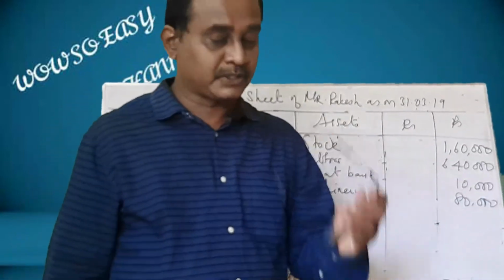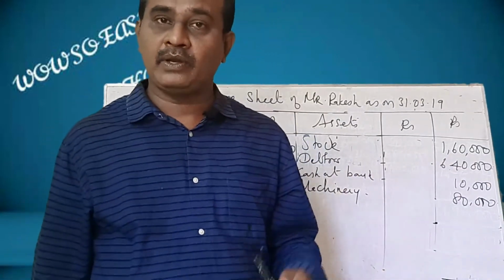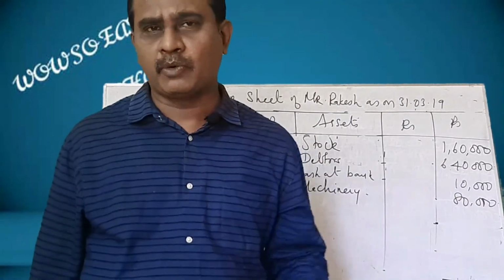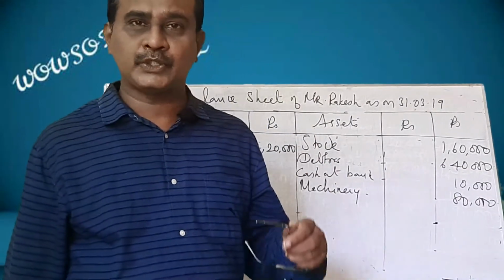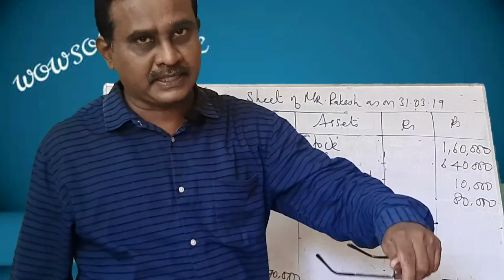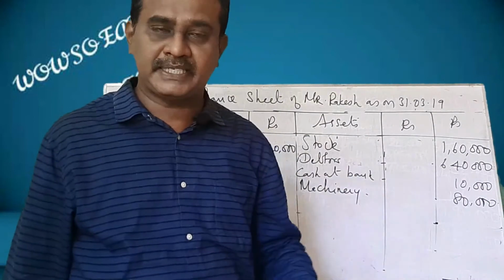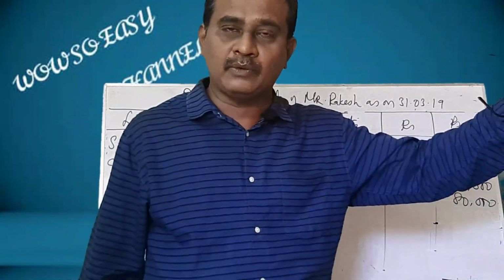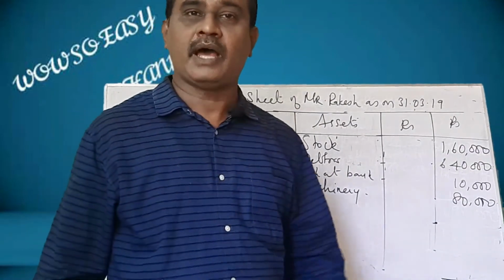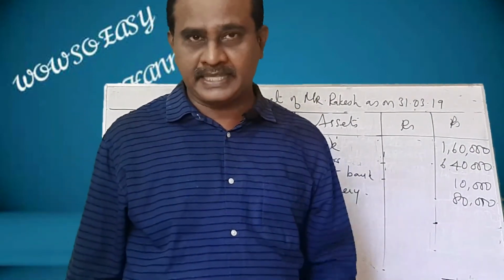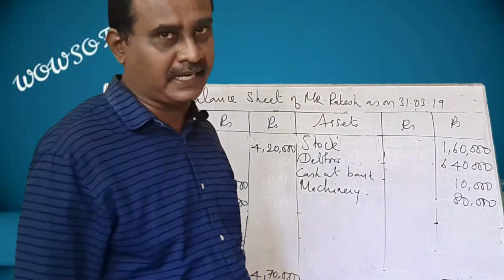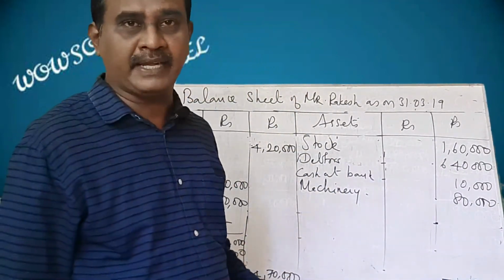Again, my dear students, you must be very careful in the conversion method. You have to be very keen in the amount given. And do not forget to bring that sales return to the trading account and the total debtors account. Purchases return, that must be taken to the total creditors account, and again that must be brought to this trading account. Normally students will forget to bring that amount. That is why they cannot get the correct answer. Their amount will not tally. Keep this in mind and do the sum.